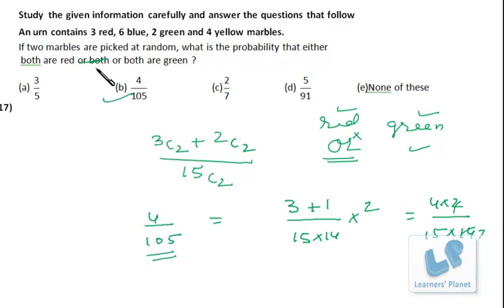Be very clear. Since both the events are not happening simultaneously, that's why we are putting the plus sign over here. If it would have been asked that one should be green and the other should be red, then the situation is changed. One is green and the other is red, or one is red and the other is green. Because in this case both the events are happening simultaneously. One we are choosing as red and the other we are choosing as green. So we are using 'and'. In the earlier case we are using 'or'. So be very clear about it.